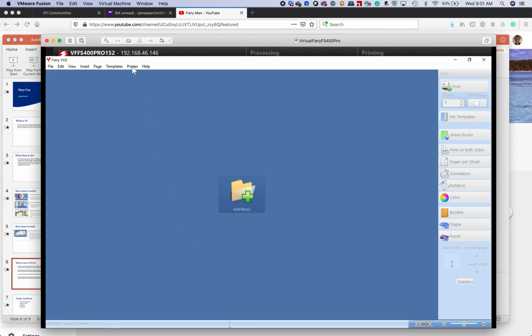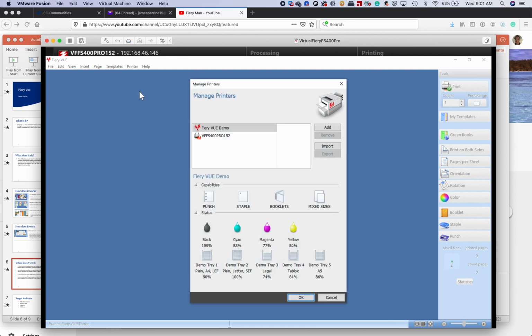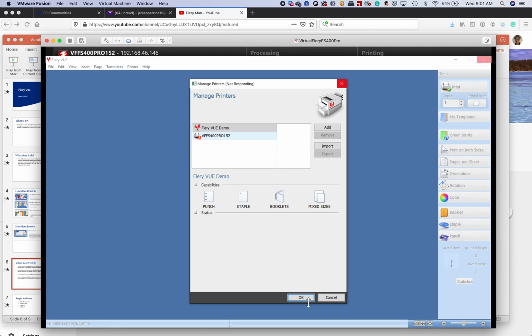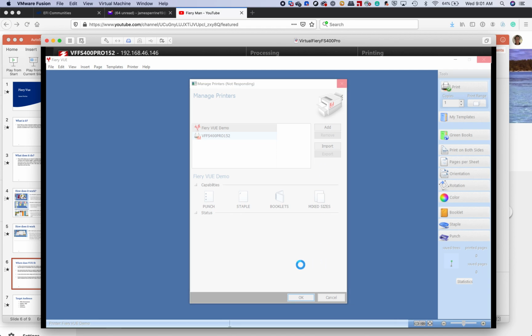That's done right here, where I can manage my printers. I can add Fierys here by clicking the Add button. And the Fiery I've got selected, it will show me some detailed information about the Fiery itself. Toner levels, what capabilities it has, that kind of stuff. So you can add Fierys to this printer list. Then again, when the customer's using it,